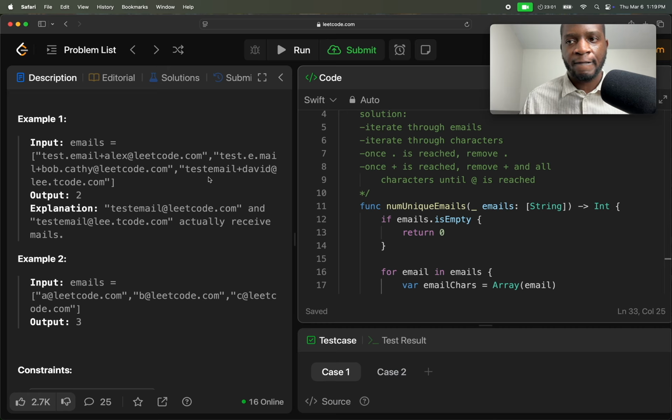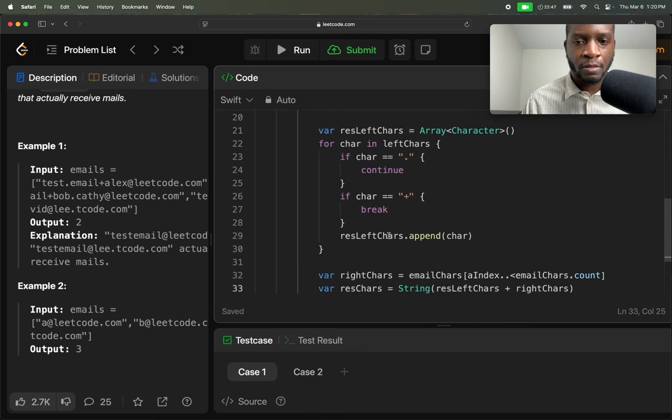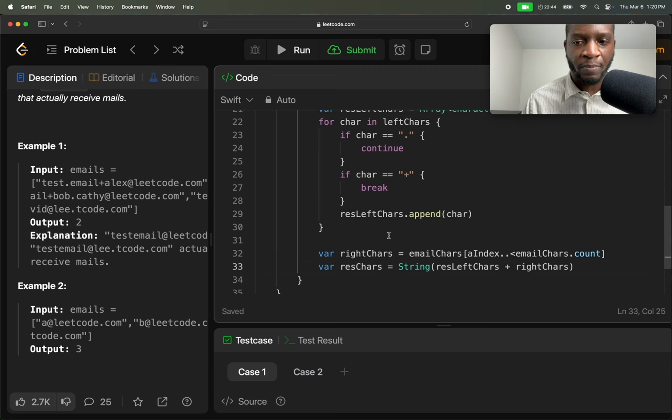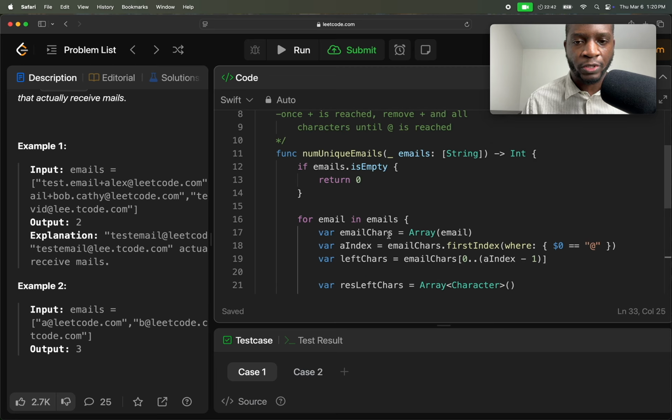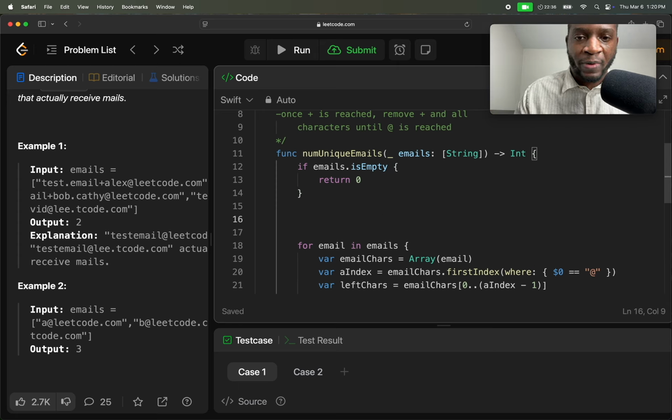So I guess the idea is that some of these are going to be the same. So the best way to handle that is I'll create a set and then append this resulting string. And if they're the same,